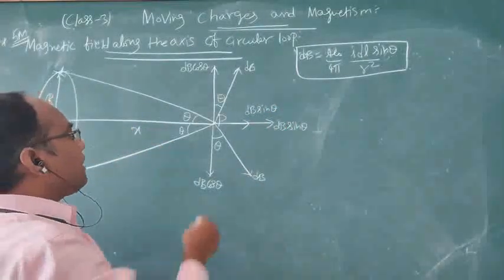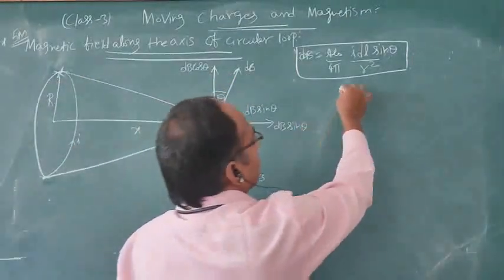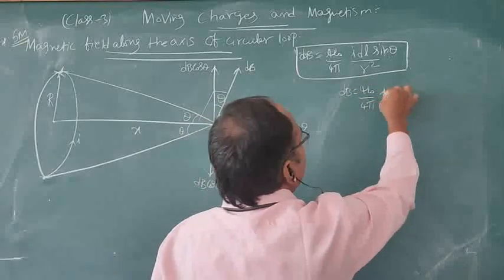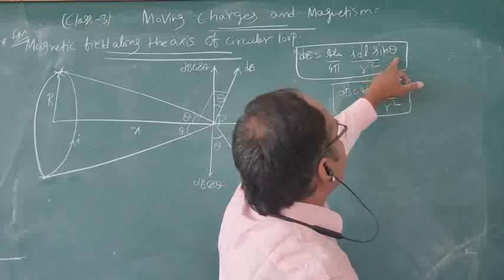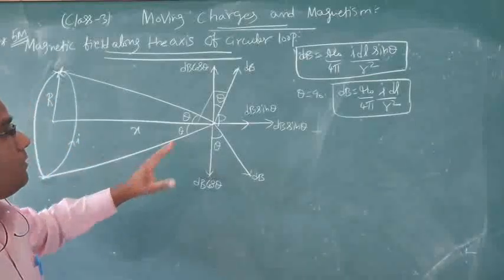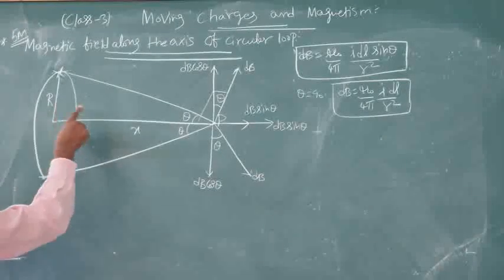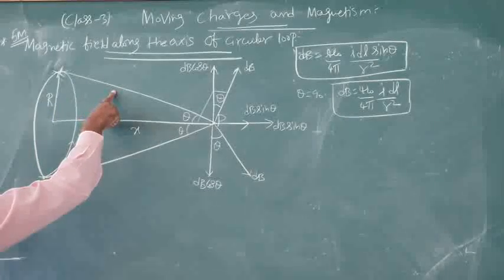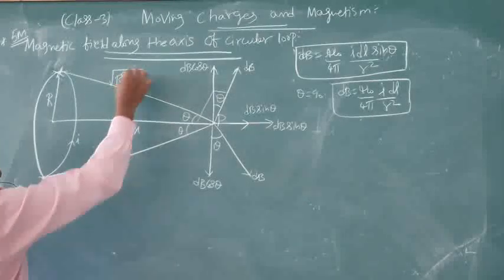Okay. Now here what happens? This is perpendicular to each other. Therefore, from here what you should write? dB is equal to mu naught by 4 pi, I dl by r square. I can write like this. Why? Because theta is equal to 90. Okay. Now from the figure, this is x, this is r. Adjacent square, opposite square. So Pythagoras theorem. Adjacent square plus opposite square is nothing but what? Hypotenuse square. Therefore, we can write as root of r square plus x square.